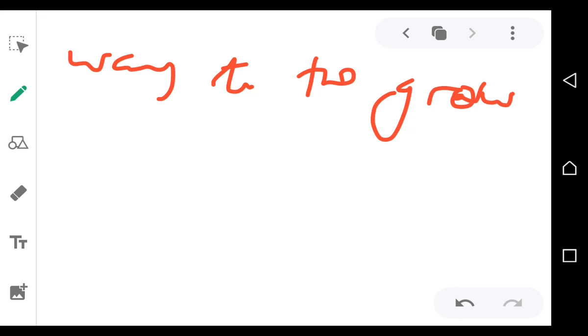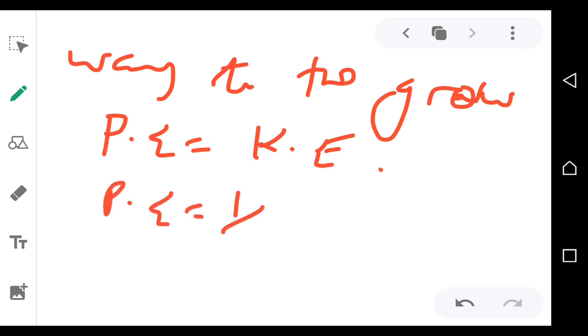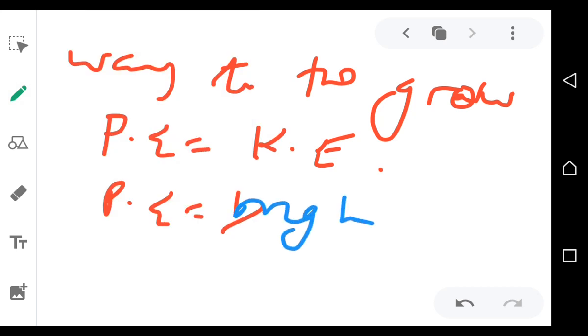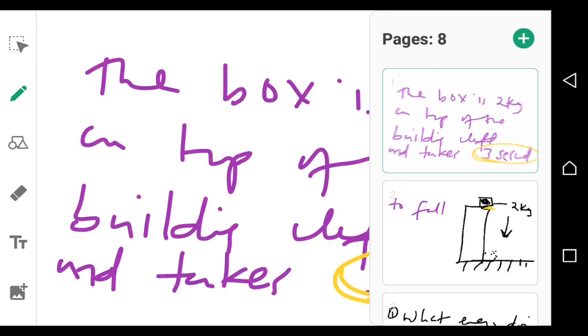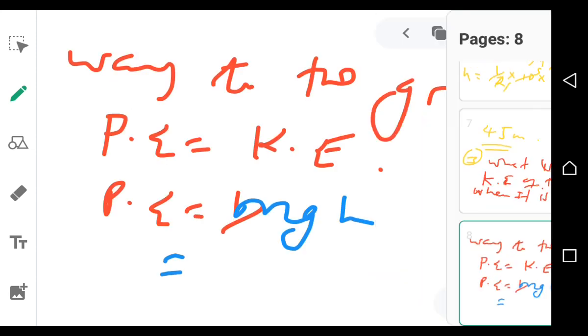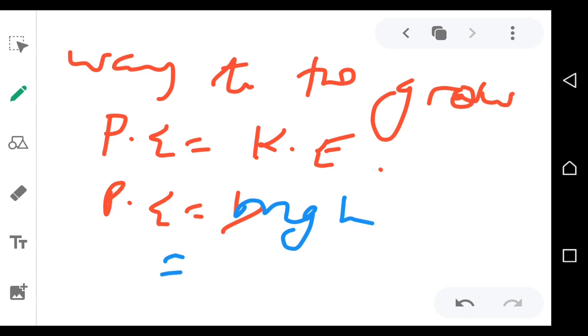But we already know that potential energy is the same as kinetic energy. What's the formula for potential energy? Potential energy is equal to mgh. What is the mass? It's 2 kgs. The mass is here, it's 2 kgs. So when they ask what is the potential energy when it's halfway to the ground,